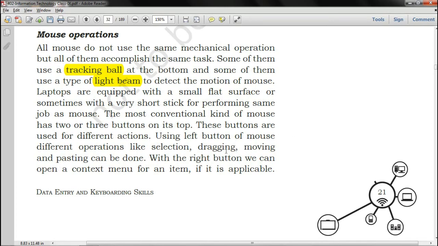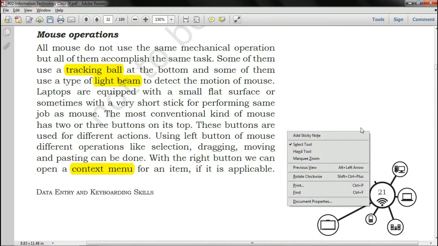With the right button we can open a context menu for an item if it is applicable. It's not applicable to all, but to some extent it is. Now I am right clicking here, so this is a contextual menu where I have some options like add sticky note, select tool, hand tool, marquee tool, previous view, which has a shortcut here.